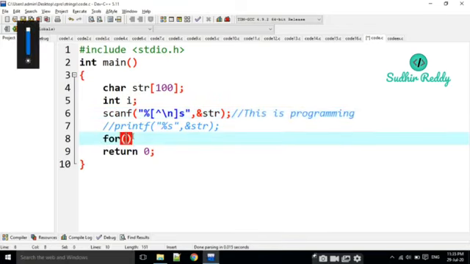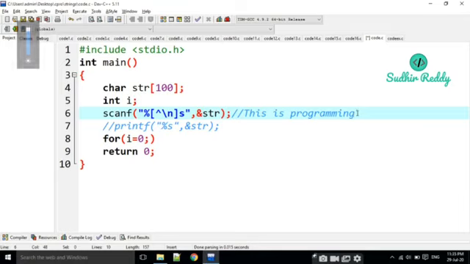For example, I am going to write here for i equal to 0. If it is an array, we mention the size of the array and write the condition like this, right? But here I don't know the size of the string. Then what do I have to do here? I already discussed this one. If we are reading any string, the last character is \0. I am going to write the condition on that. If the character is \0, I am going to come out of the loop. If it is not the last character, I am going to continue through the string.